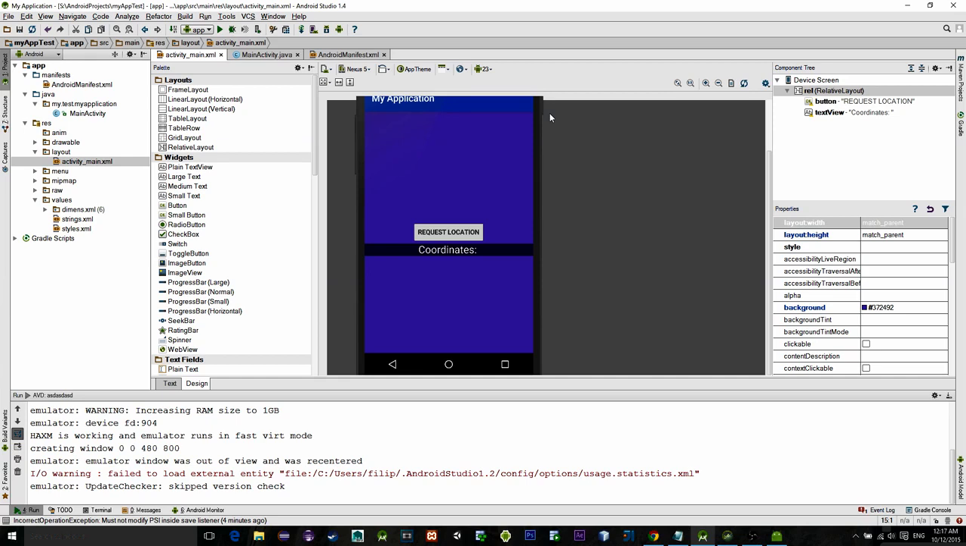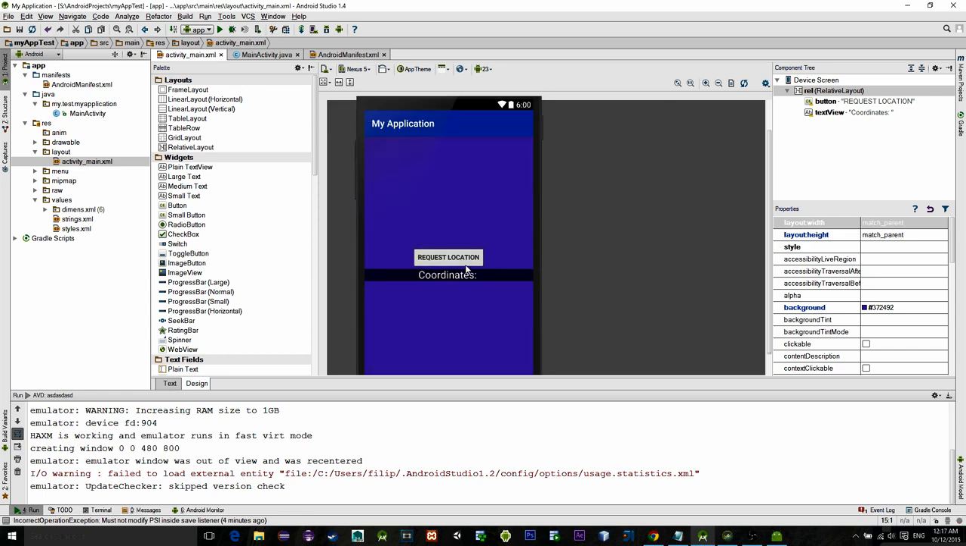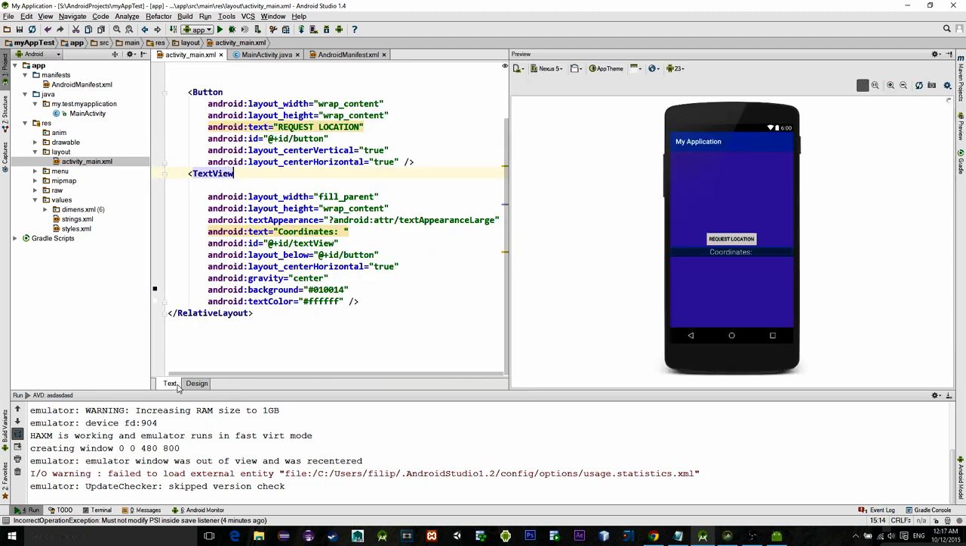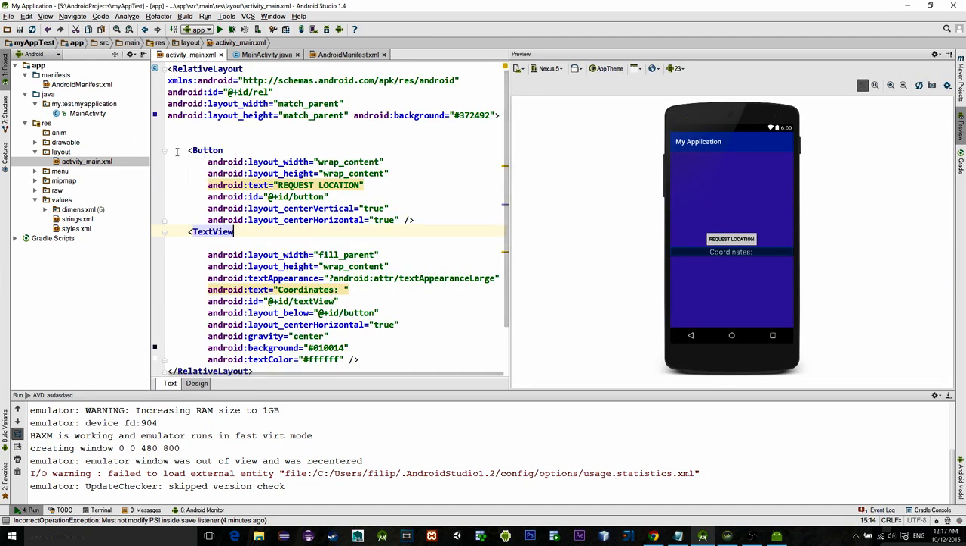How to get a GPS location from the Android device. First, let's see our main resource layout file. As you can see, I have two views, a button and the text view. When we click on the button, it will initialize a location service and print out the result into the text